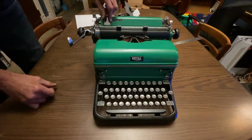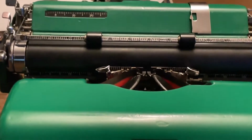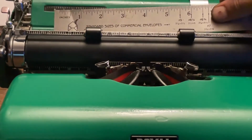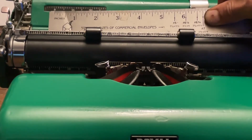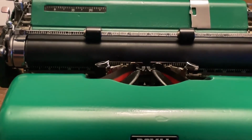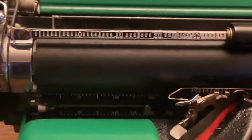And we're going to start with these numbers here. You would think that 1 through 10 equals 1 inch, but it doesn't. We start at the 0 and go to 10, and you can see here it is not 1 inch. Instead, it's just an arbitrary number. But those numbers, if it's been set up correctly, do match these numbers. We can move that over. You can see the 20. And those match